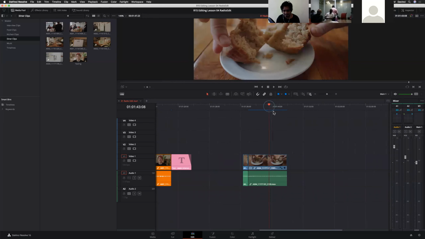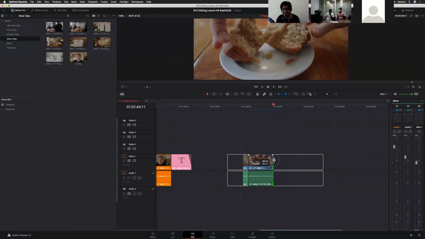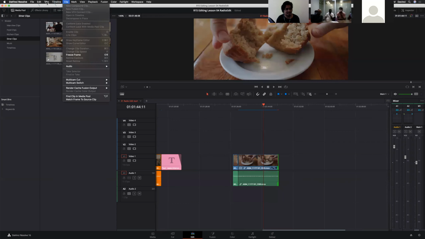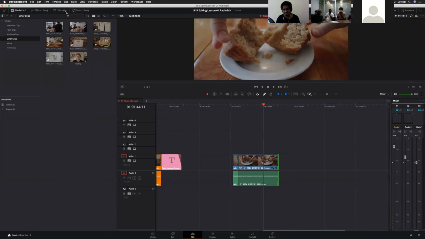If you want to trim the end portion of the clip, what will we do? We'll simply drag like this, right? But we do have the trim menu. We have trim start and trim end options. So you can use Shift M, which automatically trims to the playhead. Undo. If you want to trim the starting portion, use the square brackets.